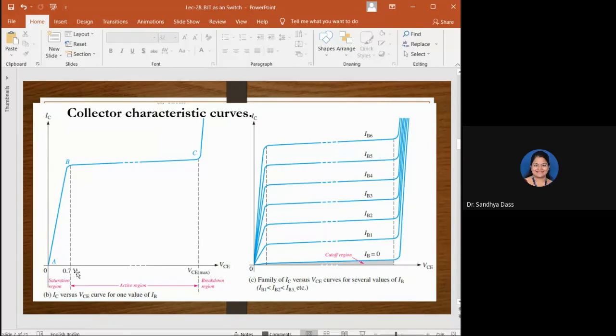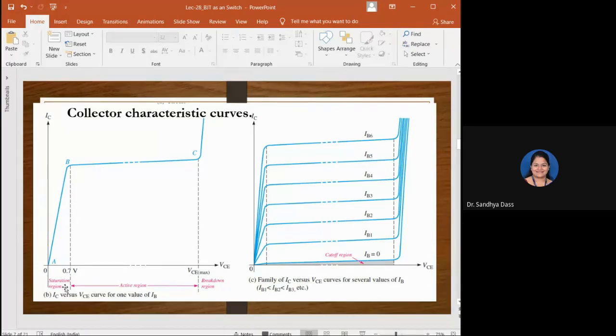Now, recall the condition there. The base emitter junction is forward biased and the base collector junction is reverse biased. What is this operating condition? That is when the BJT is in active region. Exactly correct. Observe here, this is the region where the collector current will be almost saturated, and this is the region where we say the BJT is in active region. You can observe that in the graph as well.